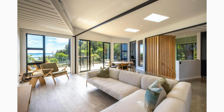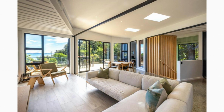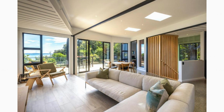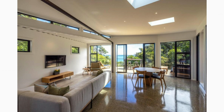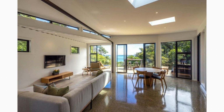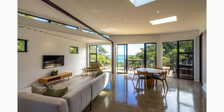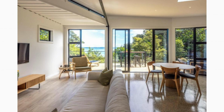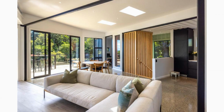Upon entering the house through the front door, guests are welcomed in an open concept living area that is perfect for entertaining. The interior of the house is finished to high quality standards and features lots of natural light and low maintenance features. The sun-soaked living area faces the magnificent view and is furnished with a large comfortable couch, a